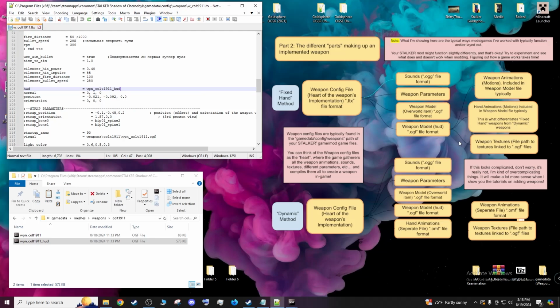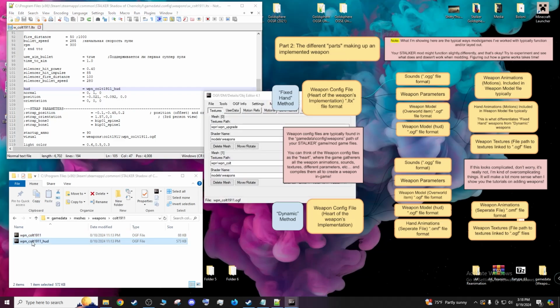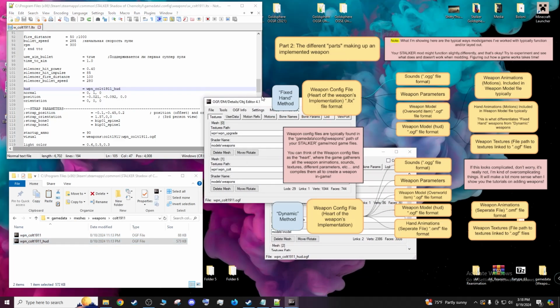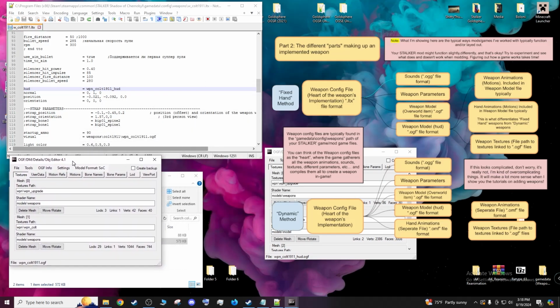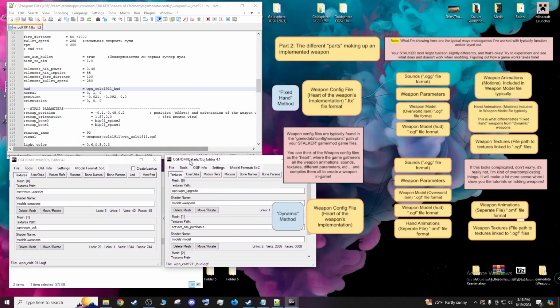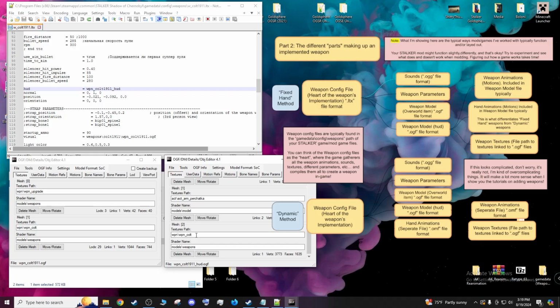Let's talk about textures first. Weapon textures. Both the overworld items and the HUD items link to weapon textures. I'll show you what I mean by that. If we open up both of these OGF files right here, the first thing we see in the textures tab are paths that tell where they're supposed to pull textures from. For example, the Colt 1911 HUD pulls the Colt texture that it uses from this file path right here,